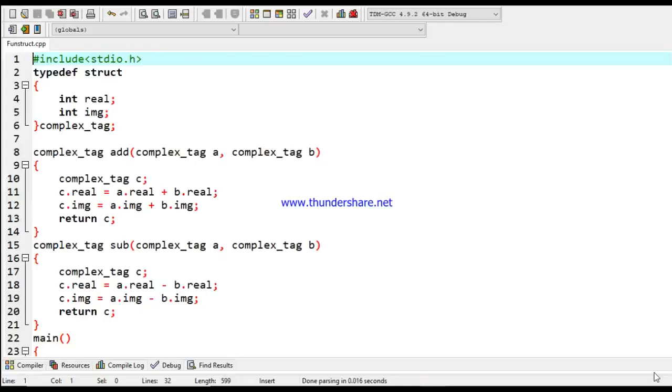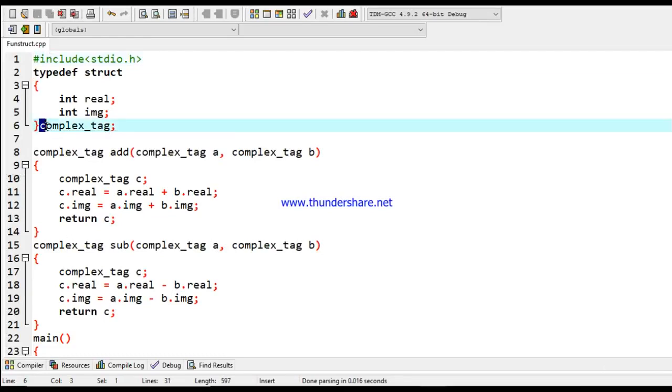This is the program for addition and subtraction of two complex numbers by writing separate user-defined functions. As you can see, I have globally declared a structure definition called complex tag. It consists of the real and the imaginary part to represent any complex number.